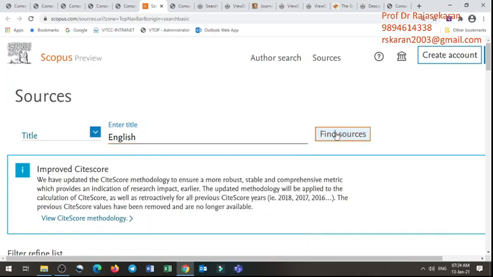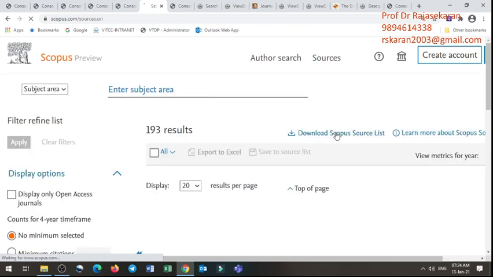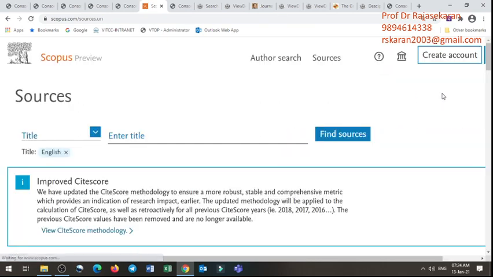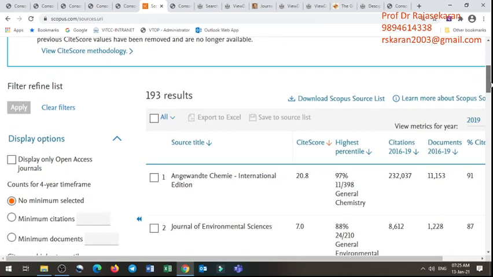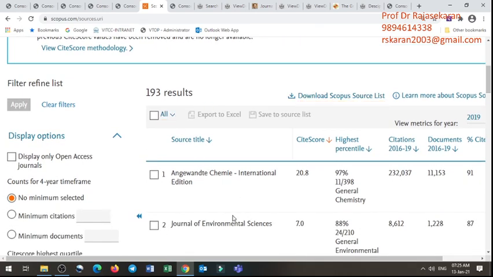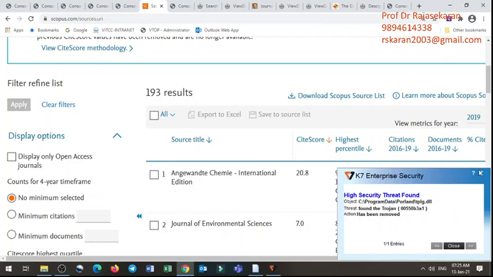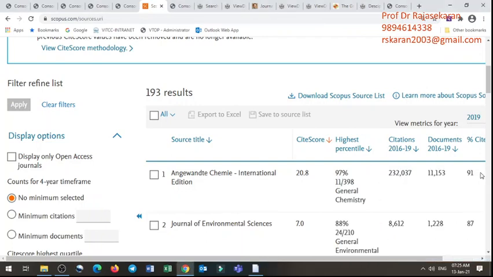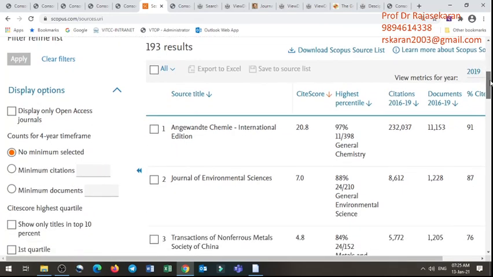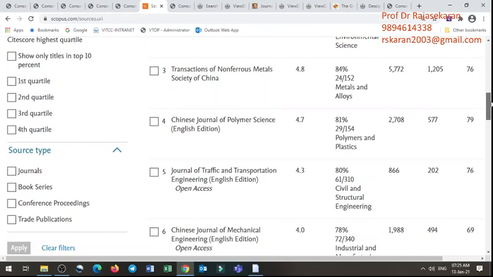I am typing only English. Let us check how many journals are there. Look at that, 193 results are there. It may not bring you the exact English journal, but wherever the word English is found, it will be there.